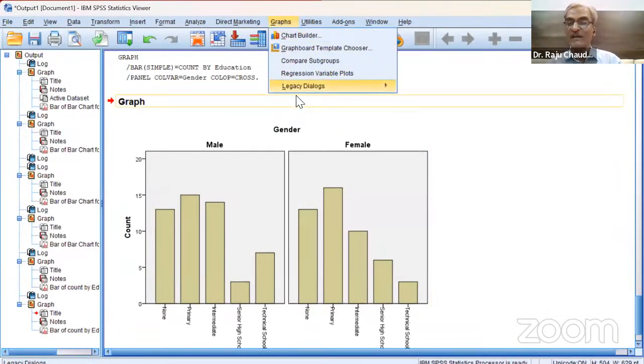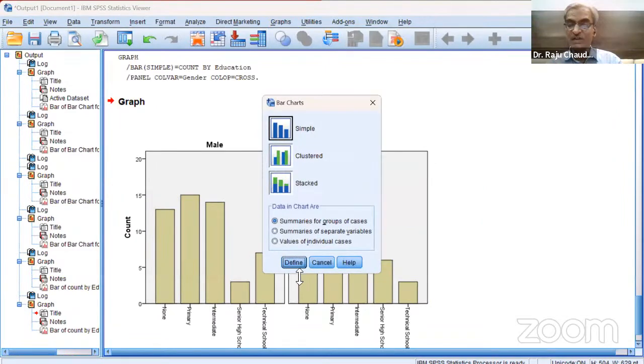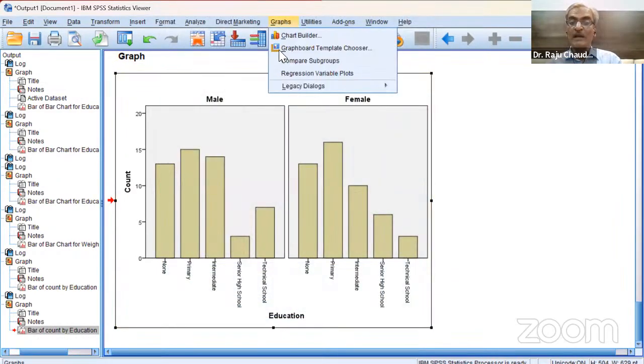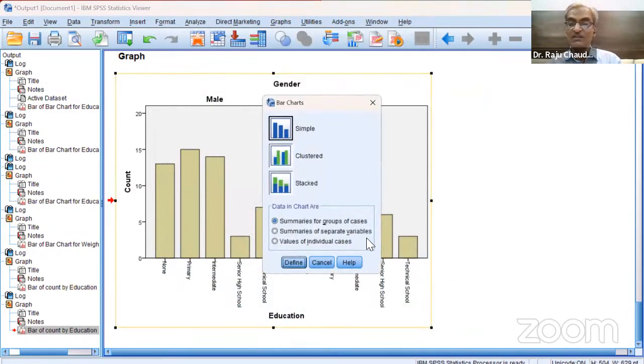Go to Graph, Legacy, Bar chart. Here select summaries of separate variables, simple bar chart, and then from this select the middle option,